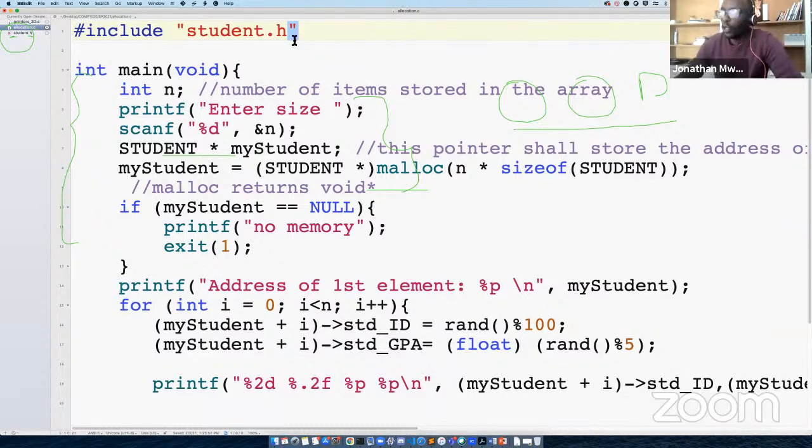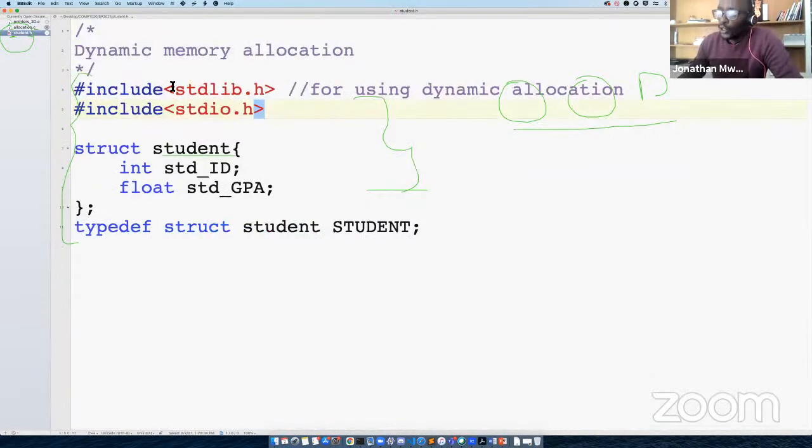All right, if nobody knows, when we use these angular brackets, remember these materials here, stdlib.h and stdio.h, we did not create them, right? They came with the language, so to say. So when we downloaded Visual Studio or the GCC compiler, whatever you're using, it came with these files.